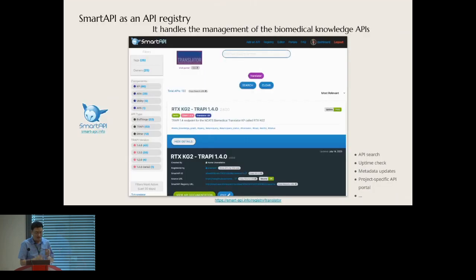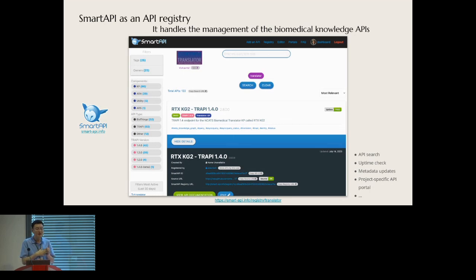So now we have built so many APIs, and not just did we create those APIs, we also use the BioThings SDK to help the other Translator teams build their own data plugins I just mentioned, and then we help them deploy and host the knowledge API. And now we have so many APIs within the Translator team. So then we built another